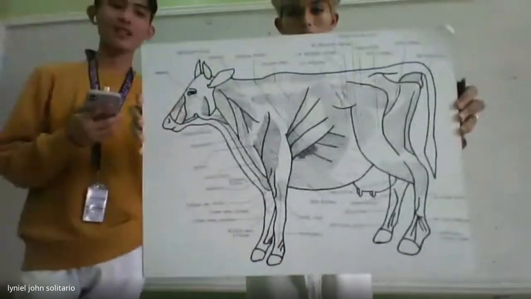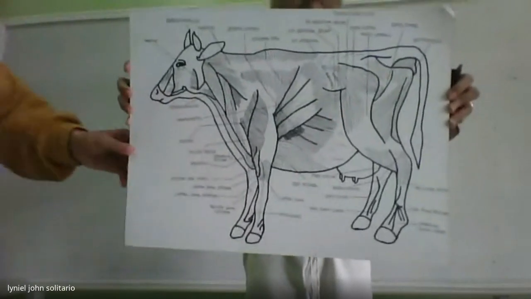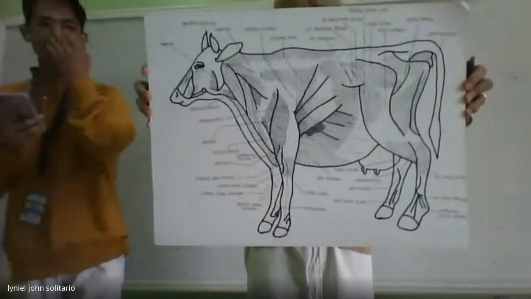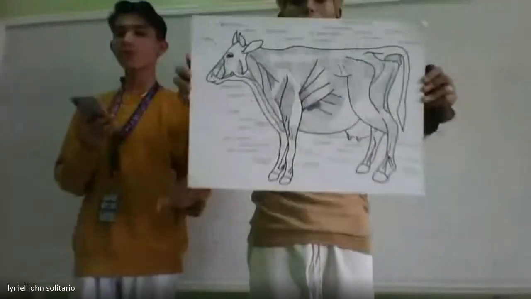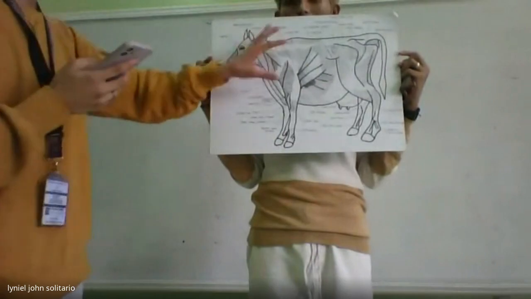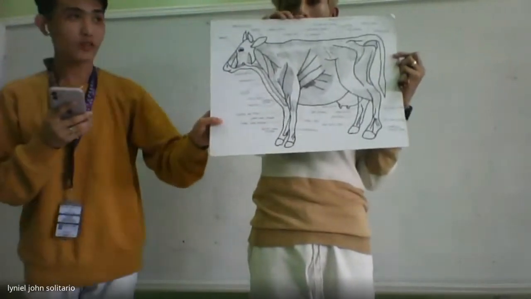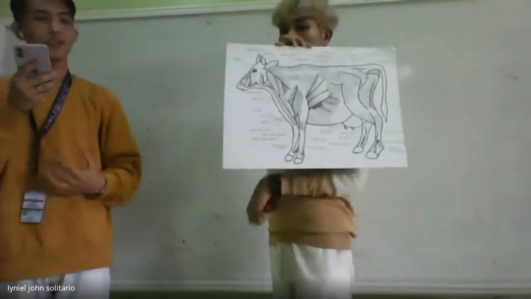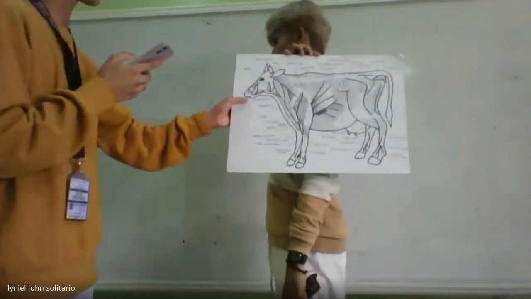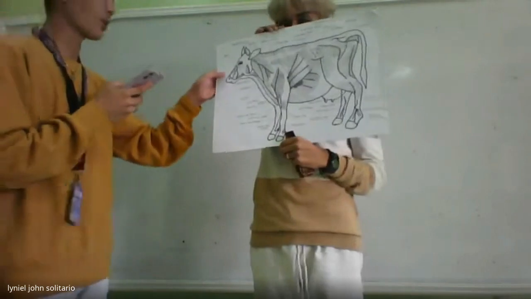So as you can see, there are lots of parts regarding the muscular system of the cow, but I chose 10 parts. I can't see all of them here in my drawing, but I have their functions in my G-class. Now let's proceed to the first part of the muscular system of the cow, which is the